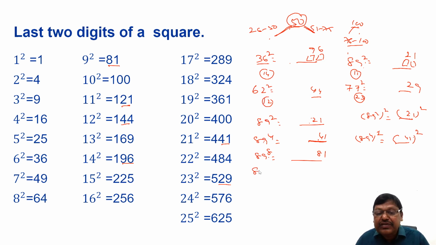Suppose if I ask you 89 power 16, 89 power 16 is nothing but 89 power 8 whole square. So then you have to square this right hand side, 81 square. 81 square's last two places, how much? 81 is 19 less than 100. So 19 square is 361, which means the last two places are 61. So 61 will be the last two places of 89 power 16. Like that, using these squares, we can find power 2, power 4, power 8, power 16 and so on, right? So this is the background for finding squares there.